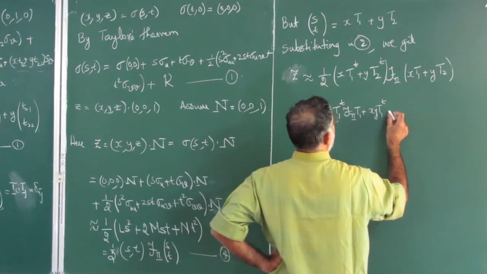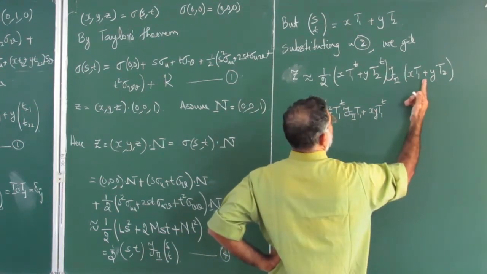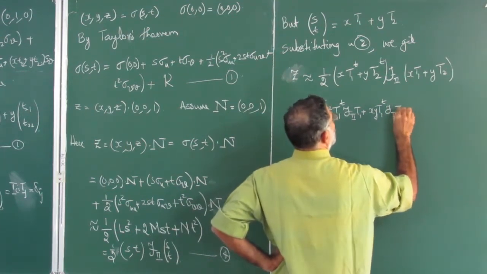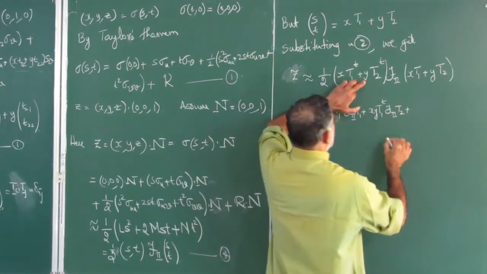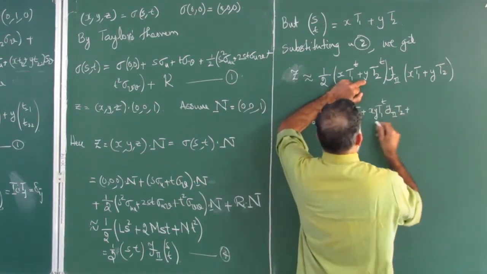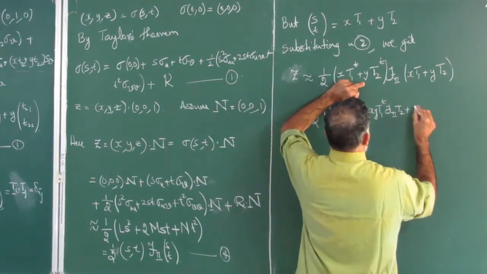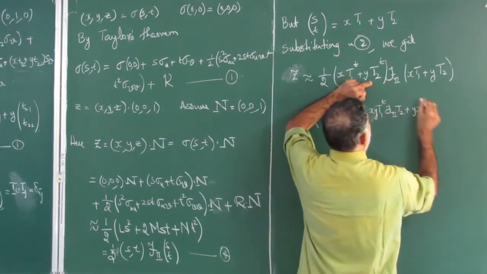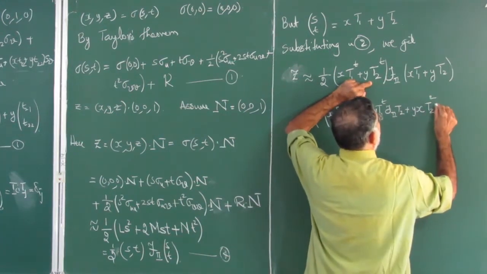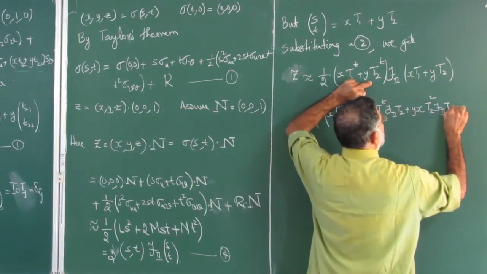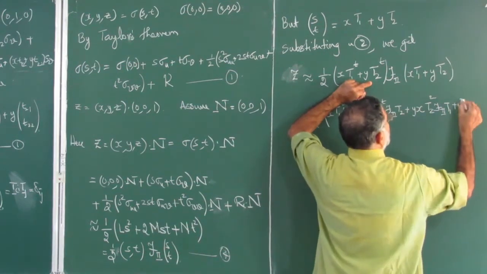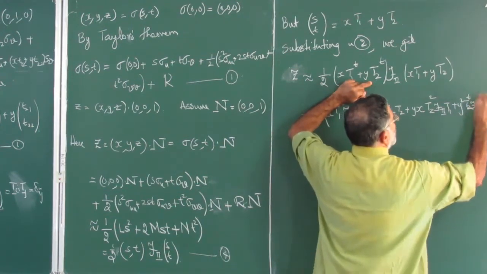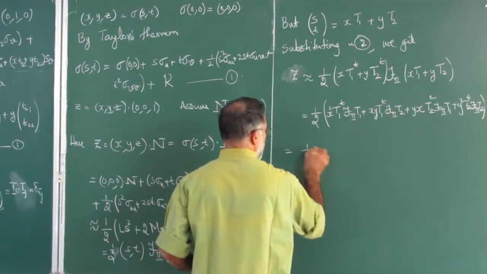So t1 transpose, half is outside, t1 transpose f2 t2 plus y. So that you can take x1, okay, I will write it again, y x t2 transpose f2 t1 plus y square t2 transpose f2 t2. So that is equal to, let us write down this,